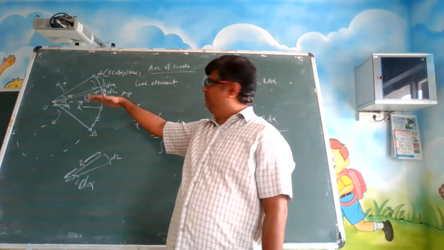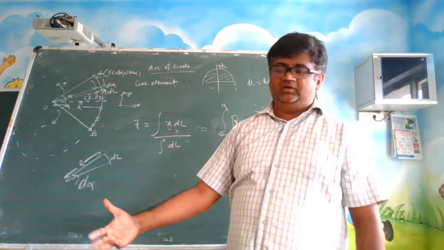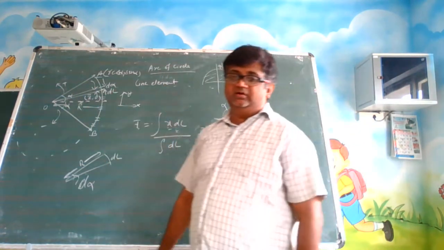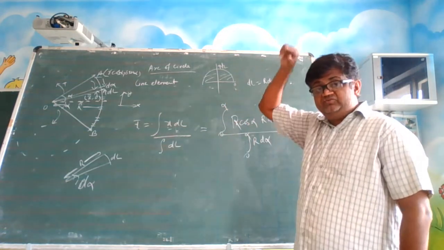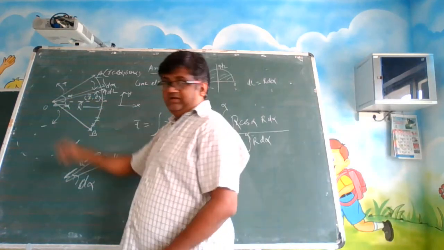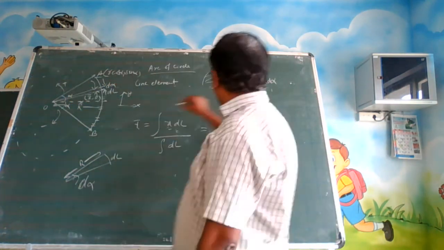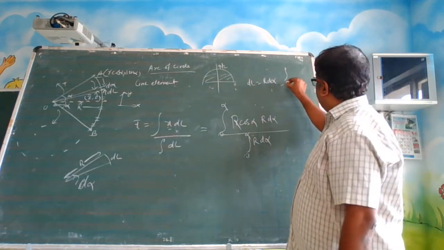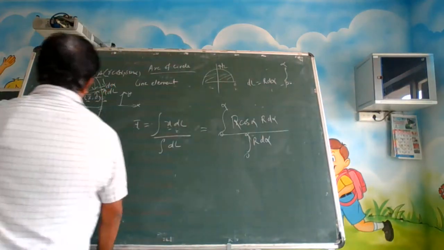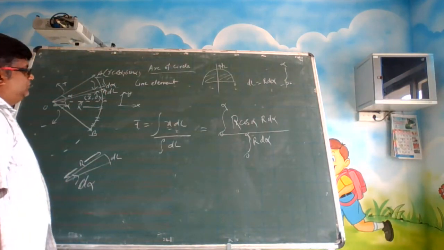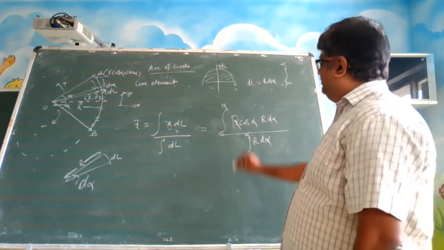Imagine this as a pizza. If I cut in the middle, the upper portion and the lower portion are absolutely the same. But when I say this is 30 degrees, this is 45 degrees, then it is not symmetrical. Then the boundary condition you cannot put like this. In that situation, suppose alpha, beta was there. If I am considering anti-clockwise as positive, then I have to write 0 to minus beta to alpha. We are talking about how to put the boundary conditions. We are not doing that complicated case, we are doing a simple case. So we are just putting 0 to alpha.